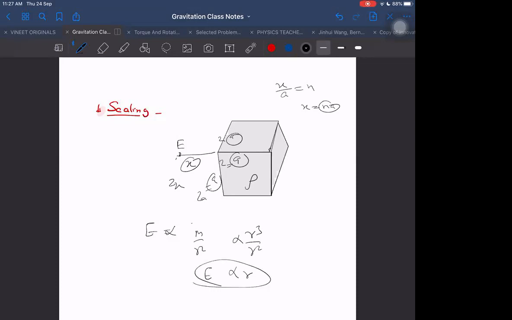So when we scale up the things, when we make all the dimensions doubled, then what do we expect? Then the field should become 2 times. What will happen to the field? Double. The field will end up becoming 2 times in the same location. That is how we get the answers for such cases.